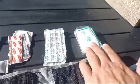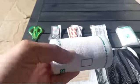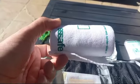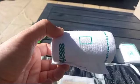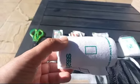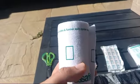Here I've just got a triangular bandage, and then one of my favorite items in my medical kit is a stretchy bandage, which you can use for a lot of different things. This particular one is also very custom designed for snake and spider bites when you need to have exactly the right pressure. The way it works is that at the moment you can see there's a rectangle on the bandage,